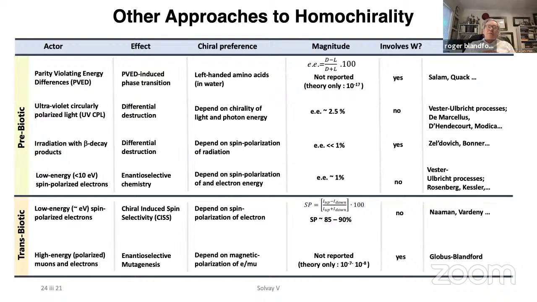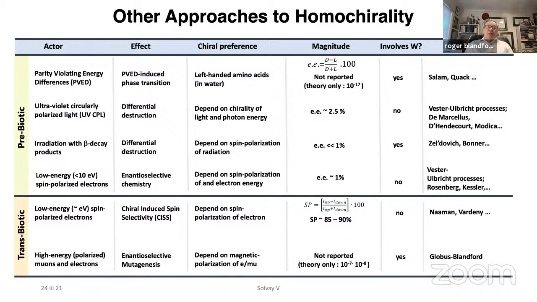Of course, there have been many people who've thought about these ideas. I mentioned Abdus Salam, who in 1971 did say, well, the weak interaction, that's what must explain it. And then he thought about weak interaction effects in molecules, and he came up with a number of 10 to the minus 17 for the chiral bias. And that's not obviously very promising. He recognized that this was a very small number and not likely to be effective. He did speculate about phase transitions, which could actually lead to one version rather than the other. But I think nobody's really found a convincing way of implementing that idea.